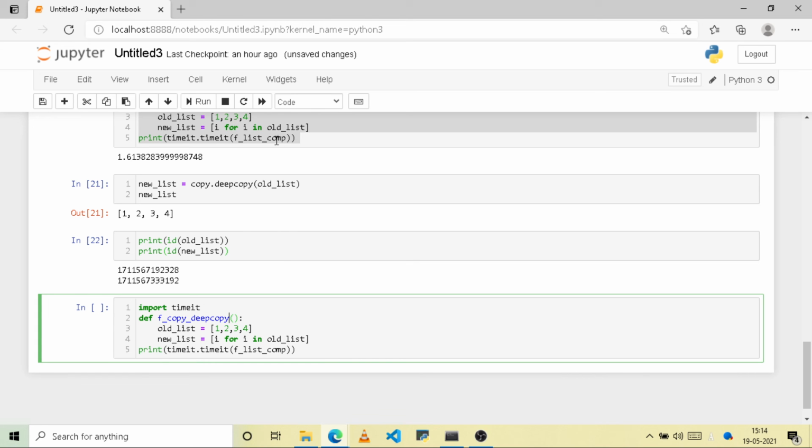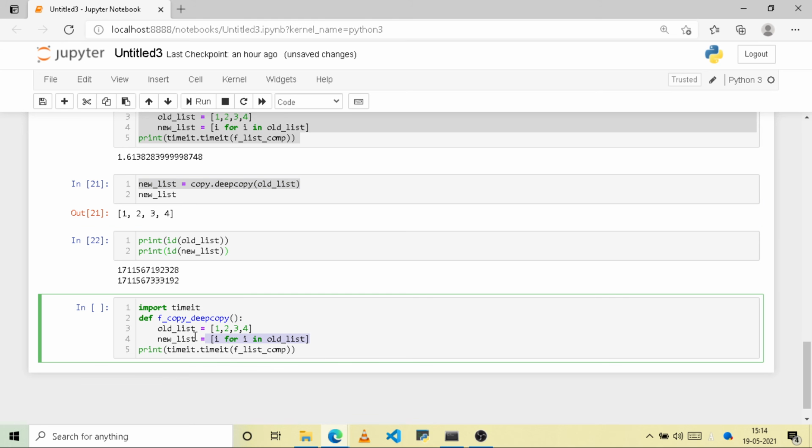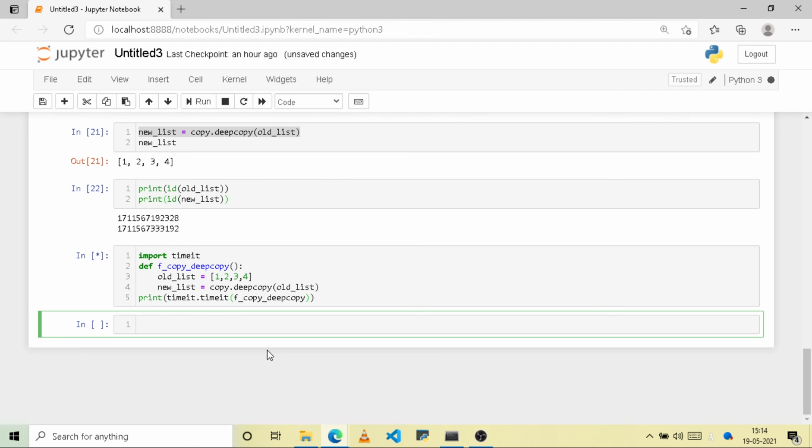Let's see how much time it takes. Yeah, so I think it takes a little bit more time. Remember that all this time the function runs 1 million times by default, looping to calculate the average time taken for each piece of Python code.